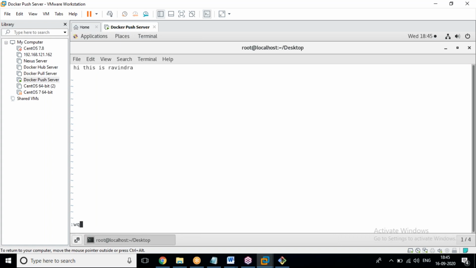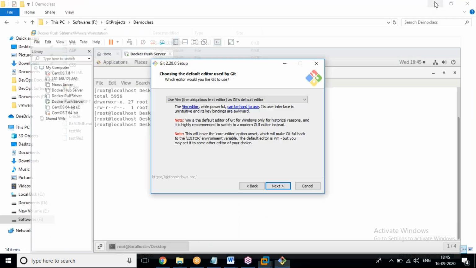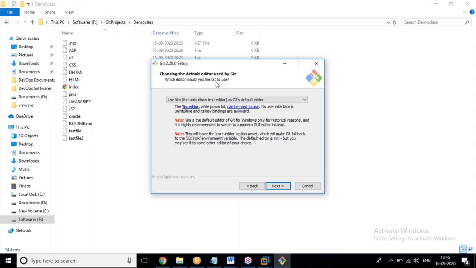Both are editors. In Windows also, whenever you install this, Git provides one editor to edit the file, to modify data, delete data, or replace data, whatever you want. Yes, you can do it by using this editor.